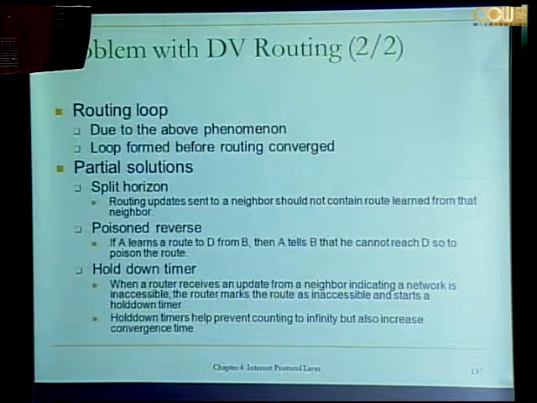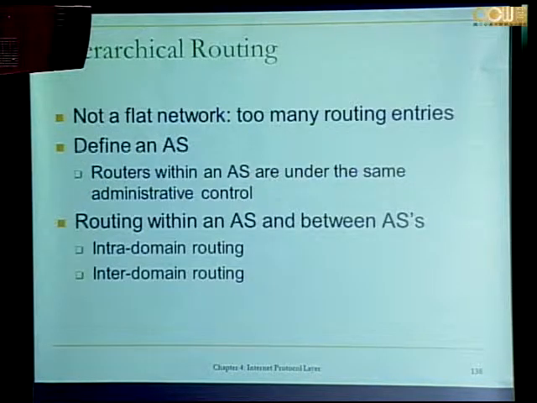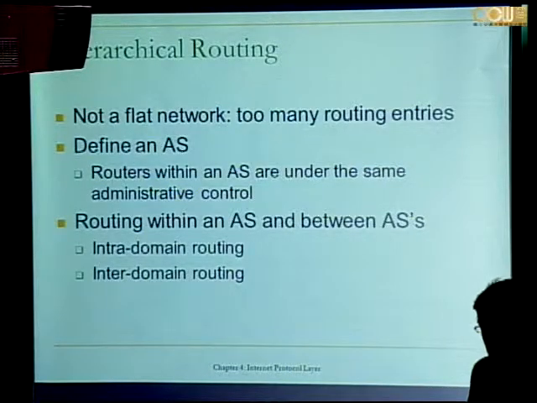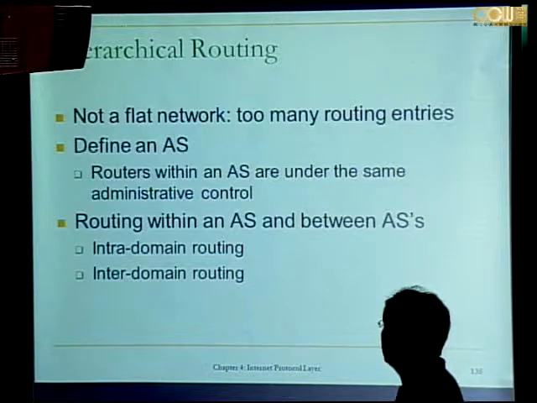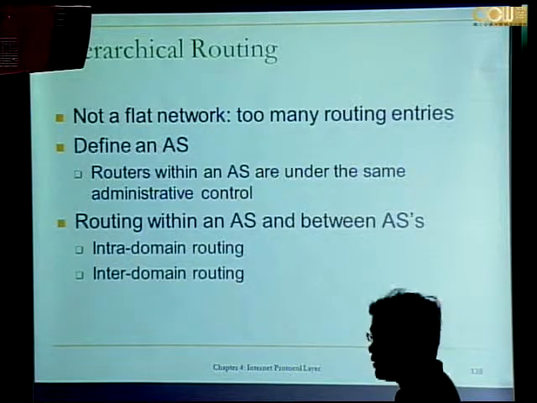So you want to stay with distance vector for the backbone routing. Since the internet is so large, you don't want to treat the internet as a single network. You better divide it into